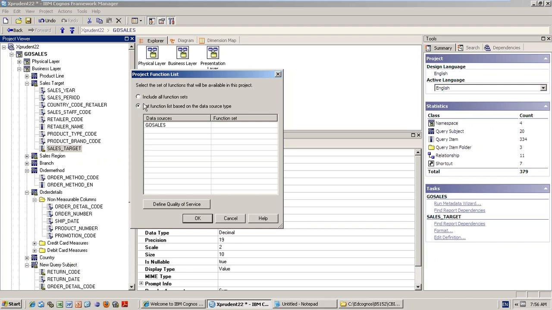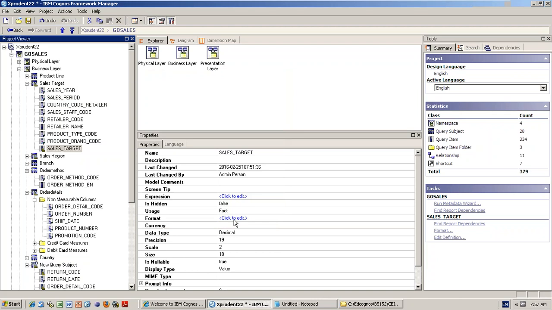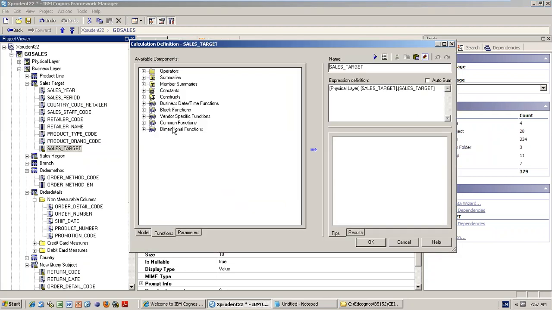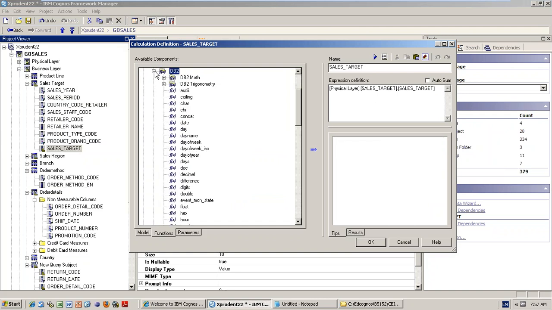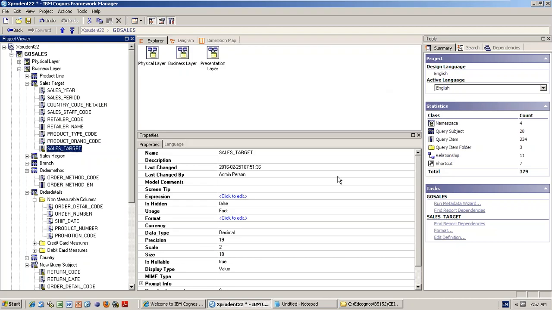That means if you select set function list based on the data source type, and this is DB2, only DB2 functions will appear in the functions list. Everything else will be gone. But normally we will include all the function sets.